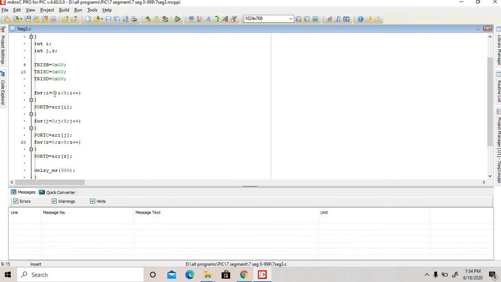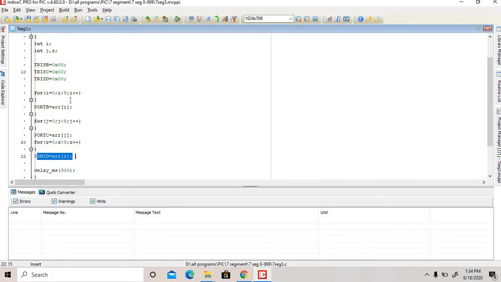Then I equal to 0. Then this program operates for 0. After that this one 0. Then this operates 0 to 9. Then this whole 1. Then 0 to 9. Then 2. Then 0 to 9. Then 3. Then 0 to 9. Then 4. Then 0 to 9. Up to 5, 0 to 9, up to 9.